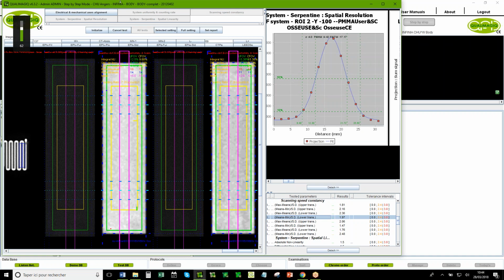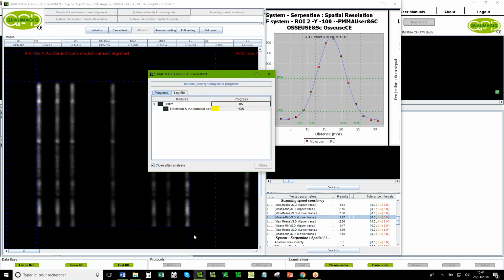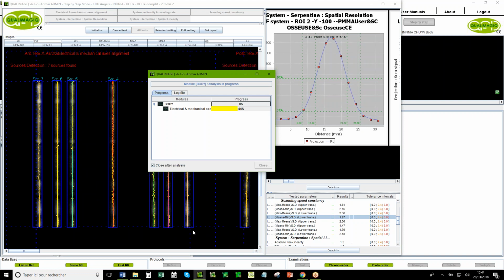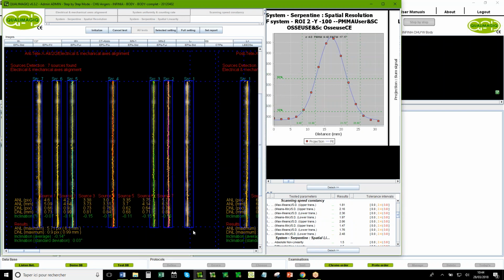And the last test is to evaluate, when you move the camera or the couch, that you respect the geometry of the object.